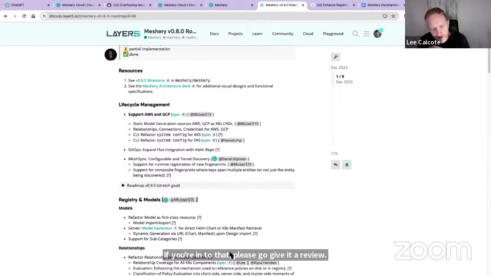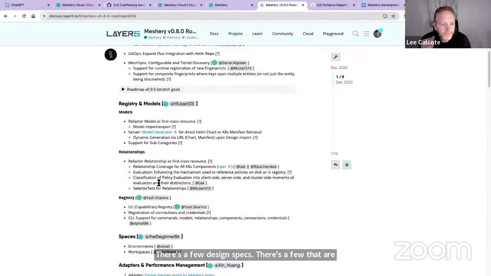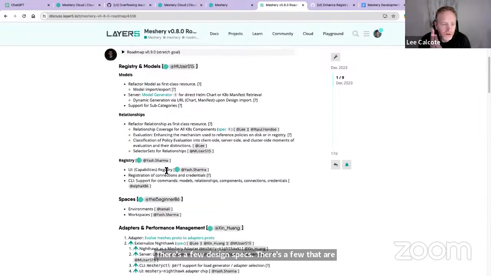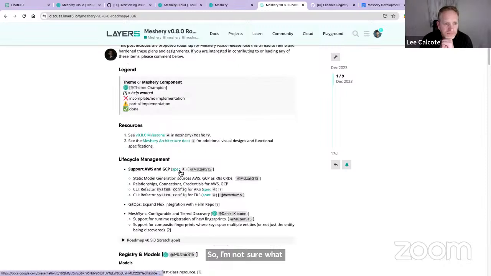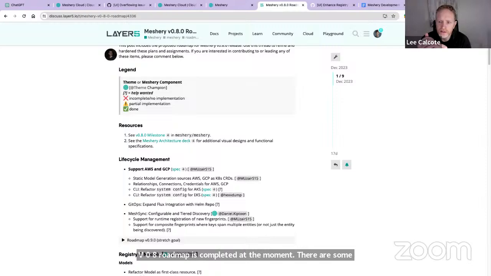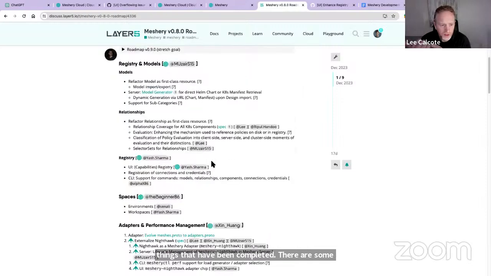There are a few design specs linked here. I'm not sure what percentage of the v0.8 roadmap is completed at the moment. Some things have been completed, and some things don't look so good.